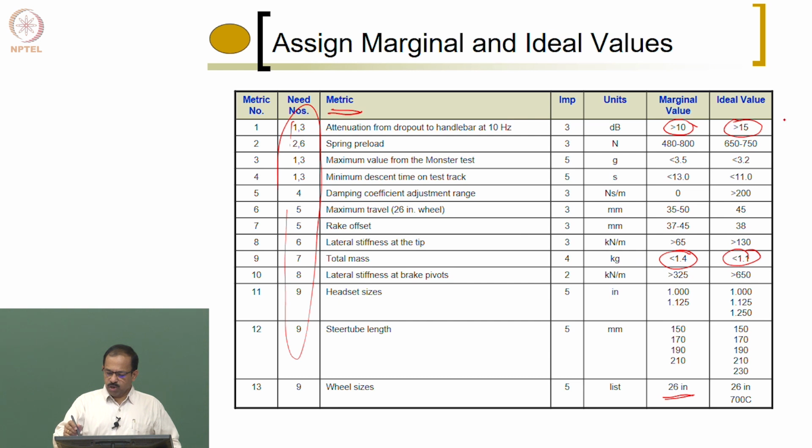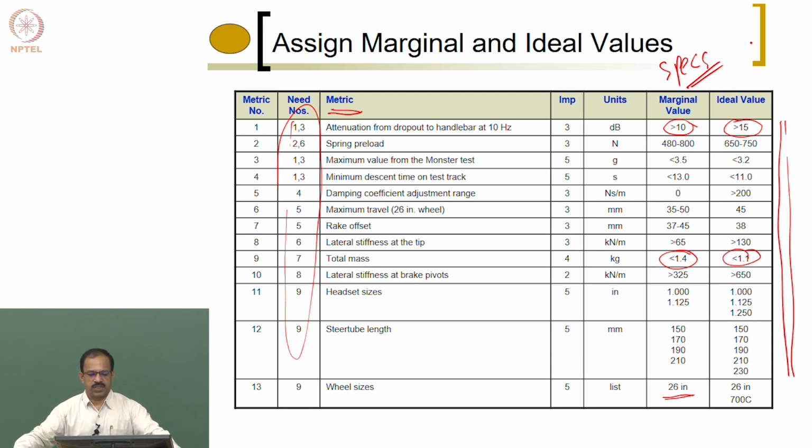Okay, so like this you will be able to get all the values for the metrics, then your specification is complete. So this is known as the specification for the design, or design specifications for a product. So we start with the customer needs and then identify the metrics corresponding to each need, then try to find out how these needs are satisfied by the competitors, and then based on what values the competitors are using, you decide your design values, and that completes the design specification.